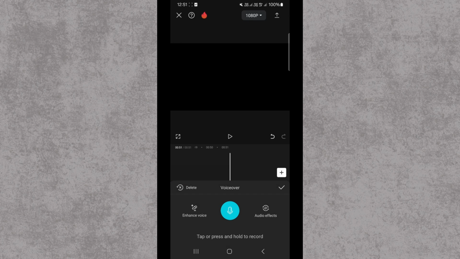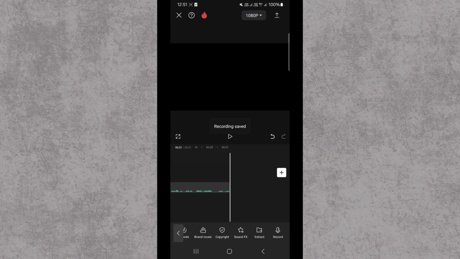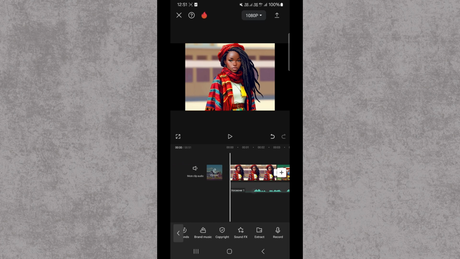Once you're done with your audio, just click on this check mark here. So as I continue to record, you saw the images cut off somewhere, but that's still okay because this is where we are going to work with our editing now. So the first thing we'll do is remove this first gap there so that we have our audio beginning somewhere here. So we'll also trim